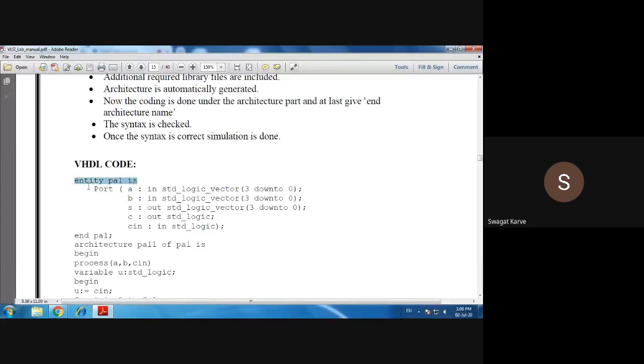So this is the entity part. Of course, I have not mentioned here the library part, but library should be there. आपण ज्या मगाशी लायब्ररी पाहिल्या IEEE डॉट स्टँडर्ड लॉजिक 1164.all ते इथं येणार. Okay, I have simply written here the entity. I have started here from the entity part, but library part has to be there. So this is about the entity.